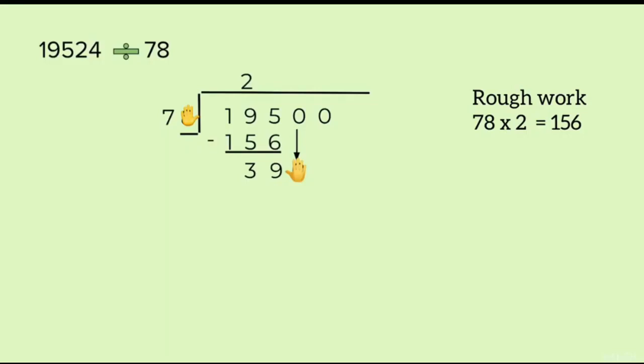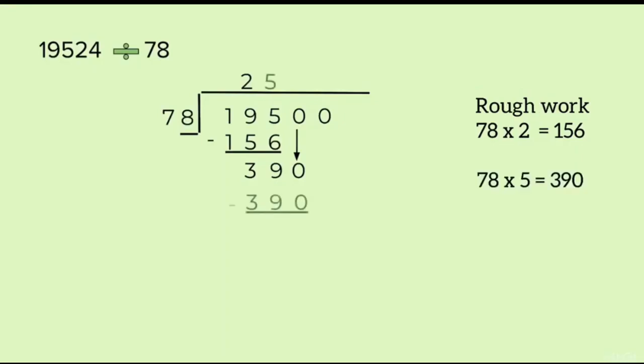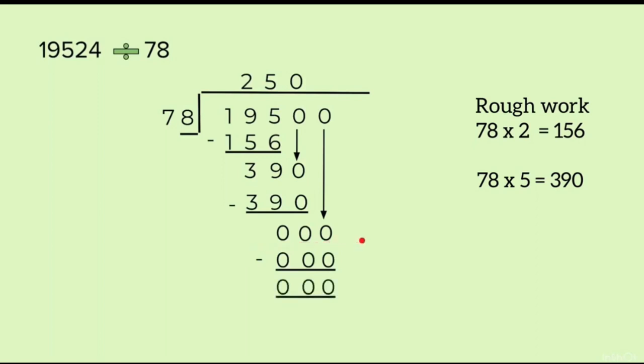Now see, we have hidden the right side number to get the smaller number to divide. Now 7, how many times will it go in 39? 7 5s are 35. So we will multiply 78 by 5. That is 390. Again we have subtracted. Now we have brought down 0. Since there is no number, 78 zeros are zero. 78 multiplied by 0 is 0, and we have subtracted. We will not finish there until we put 0 on the top.